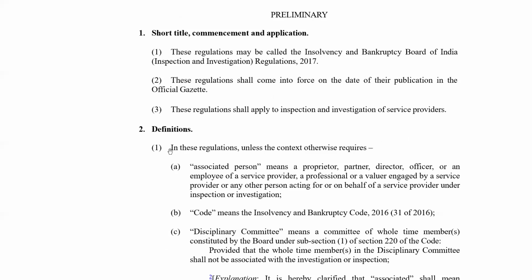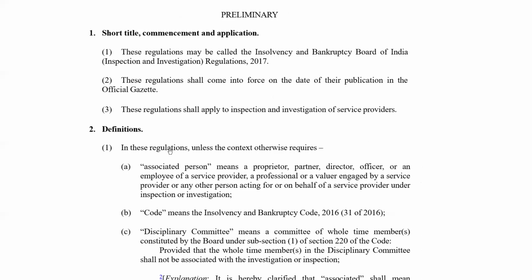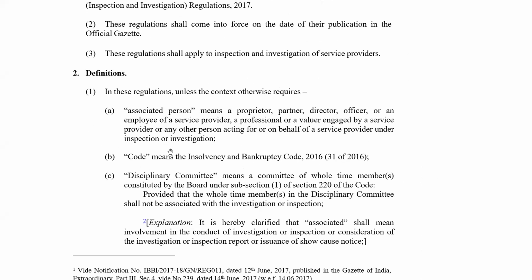डिसिप्लिनरी कमेटी, इस थोड़ा सा इंस्पेक्शन एंड इन्वेस्टिगेशन रेगुलेशंस भी देख लेते हैं 5 मिनट। एक तो यहाँ डेफिनेशन है एसोसिएटेड पर्सन की। तो एसोसिएटेड पर्सन मीन्स ए प्रोप्राइटर, पार्टनर, डायरेक्टर, ऑफिसर और एन एम्प्लॉय ऑफ ए सर्विस प्रोवाइडर। ठीक है ना, तो इंफॉर्मेशन इनसे भी मांग सकते हैं, एसोसिएटेड पर्सन से भी, और एनी अदर पर्सन एक्टिंग फॉर और ऑन बिहाफ ऑफ ए सर्विस प्रोवाइडर अंडर इंस्पेक्शन और इन्वेस्टिगेशन।